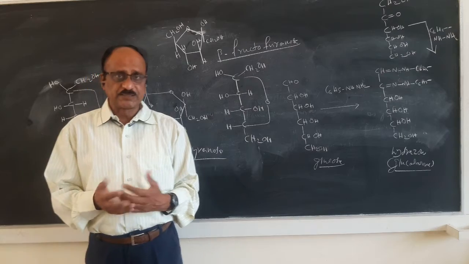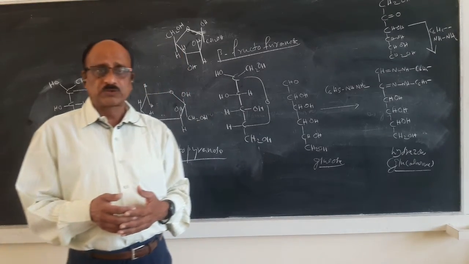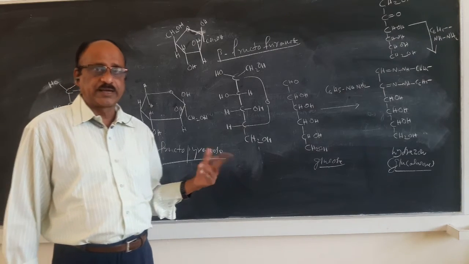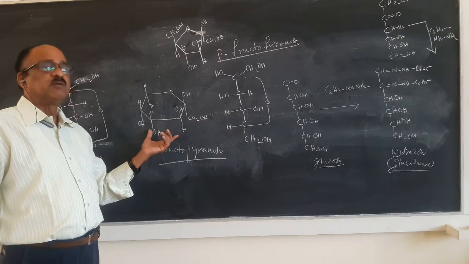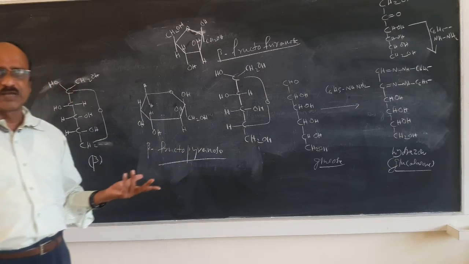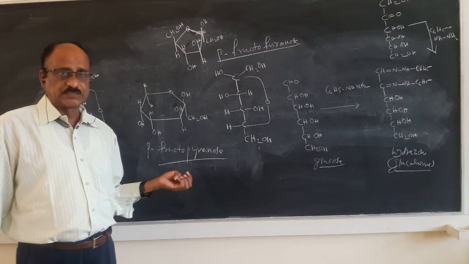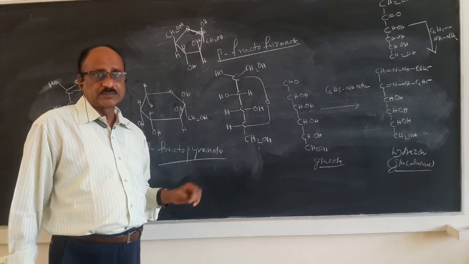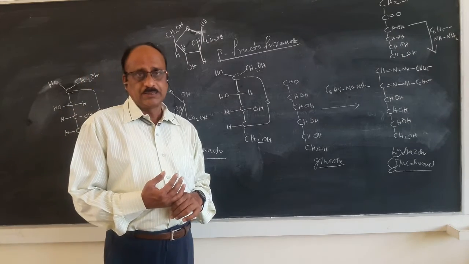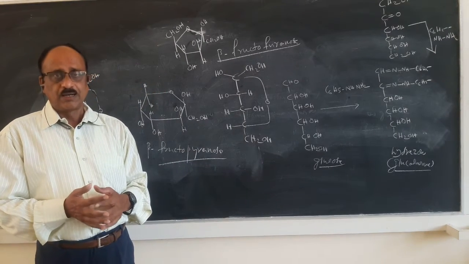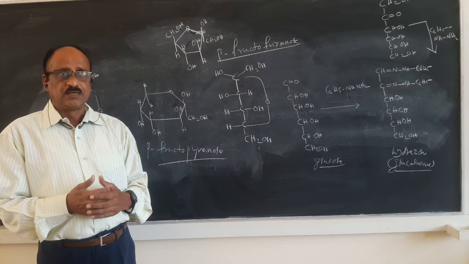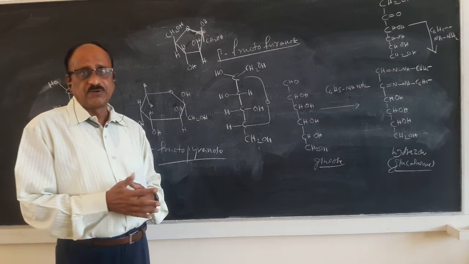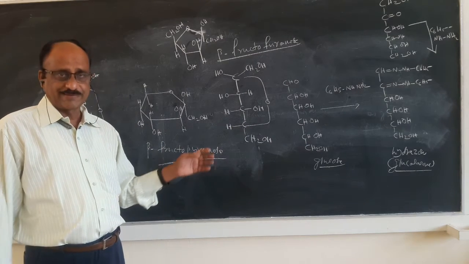And fructose, as I told you, is present in the sucrose molecule as a 5-member ring system. In most of the other cases, it is present as a 6-member ring system. You should understand both, what is a pyranose structure and what is a furanose structure. If you know these structures, you can easily write the Haworth structures of the compound. I think you could understand the open chain, ring structure, as well as the Haworth representation of the fructose molecule in today's class.